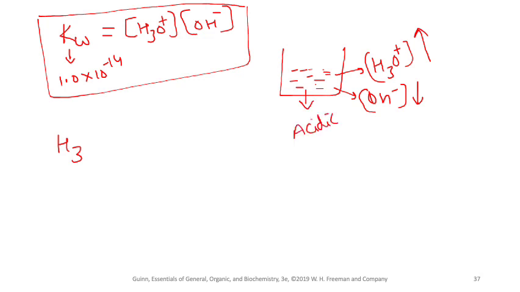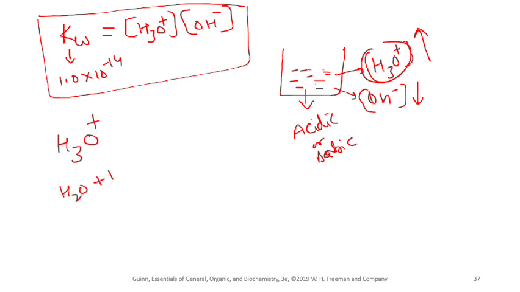How would I know? How are you going to tell whether the solution is acidic or basic? If we use the Bronsted and Lowry concept or the Arrhenius concept, according to those two theories of acid and base, we know how you produce this H3O plus. If you have more H3O plus, it means